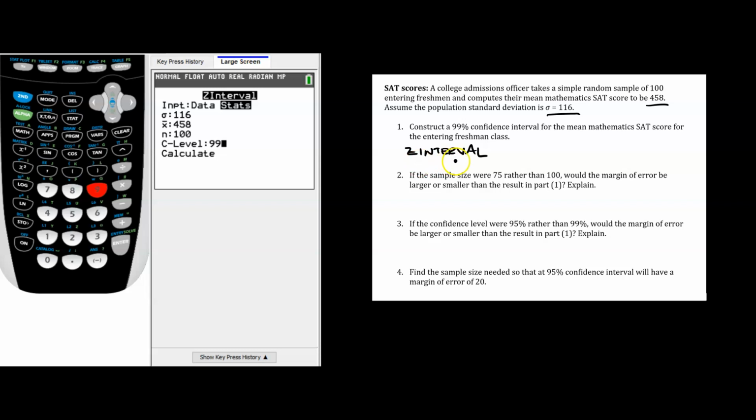But here we are. So you can see that I've already set things up with z-interval in the calculator. Just a reminder, to get into z-interval, you would press stat and then you would go over to tests, and z-interval is down here at number 7. And so I've entered the data. You can see I've got a standard deviation of 116, a sample mean of 458, a sample size of 100, confidence level of 99. And so we're just going to go down and press calculate,